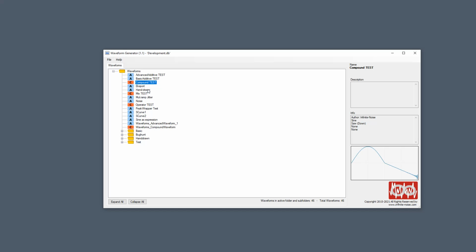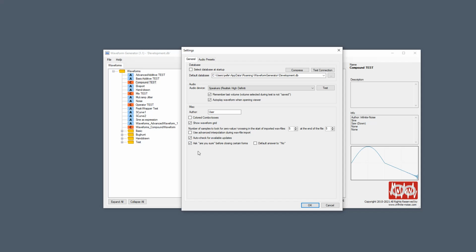because you could potentially lose any changes. For example, if you're editing an advanced waveform and you press F1 to listen to that waveform, you can press escape to close the window you used to listen to that waveform. But if you press escape a second time by accident, it will instantly close that window and go back, and you lose your changes. If you don't like that, I added a new setting, and that new setting is enabled by default. It says ask if you're sure before closing certain forms,